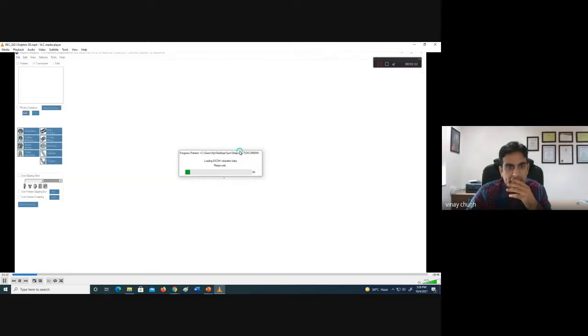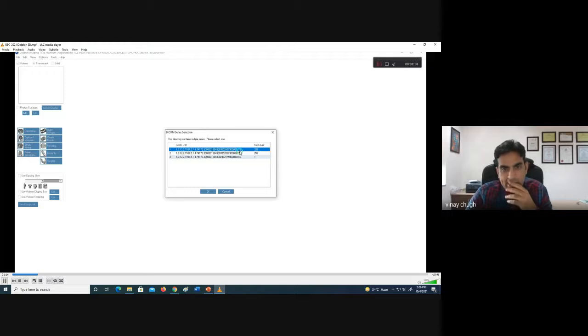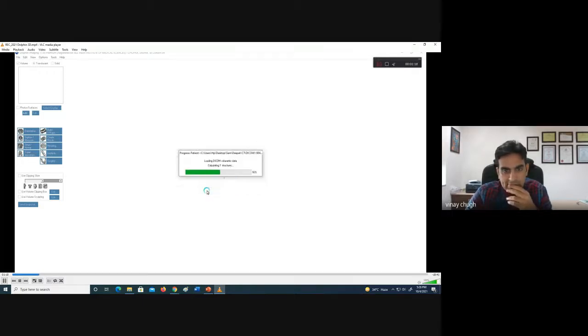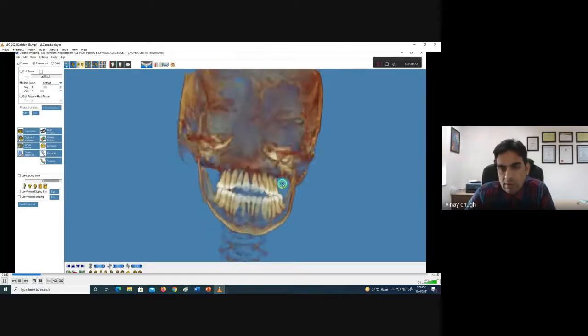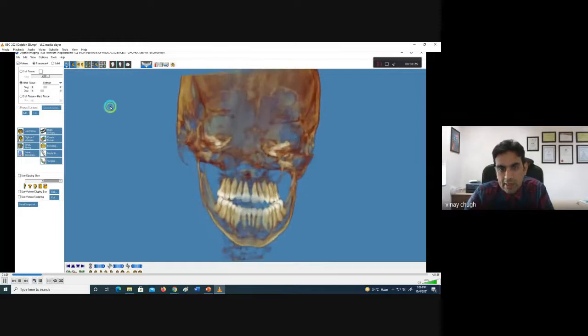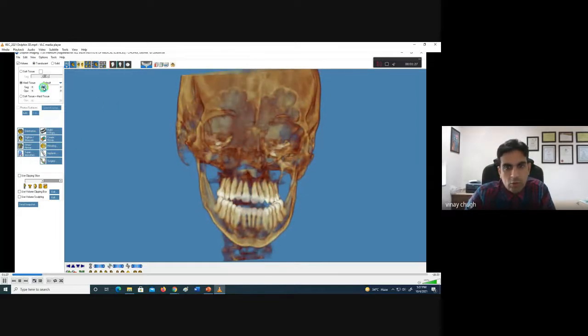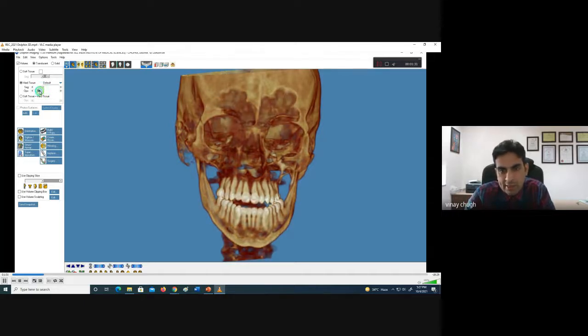So this software is trying to extract the DICOM data, and here we see the file count 2556 slices. So now it will do volumetric reconstruction. So this is what we get once we have the DICOM data onto this software. You can lighten it or you can make the contrast sharp to make it more visible. And then there are multiple options on the left hand side.